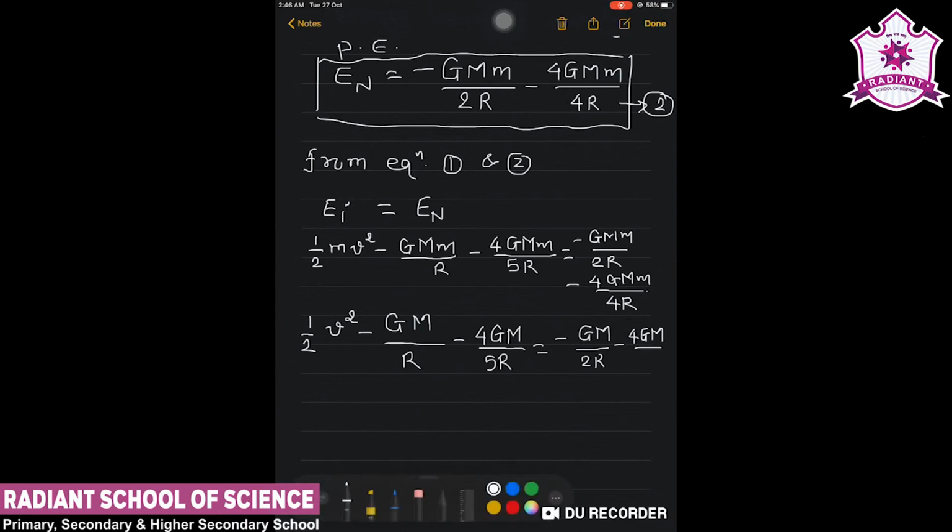So here also we can cancel out the 4 term and we can obtain the term that is r. Now this GM over r term cancels out on both sides. So here this GM upon r and this GM upon r will cancel out. So the remaining part will be,